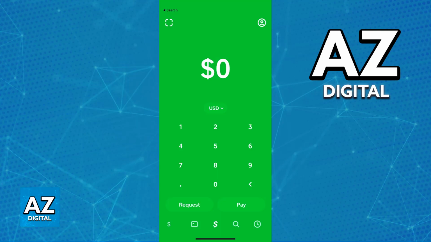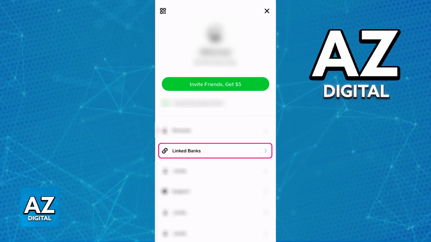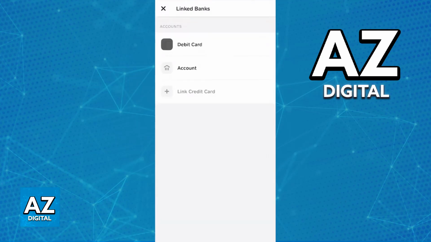So, to manage the cards currently linked on your Cash App account, all that you have to do is, from the home screen of the latest version of the app, tap on the user icon located at the top right corner of the screen. You will be redirected to your account information page. You can manage the details about your account, and if you scroll down, one of the options available between all of the categories is going to be linked banks. As the name suggests, this is the page where you can manage the external financial institutions and also the credit cards or debit cards currently linked to Cash App.